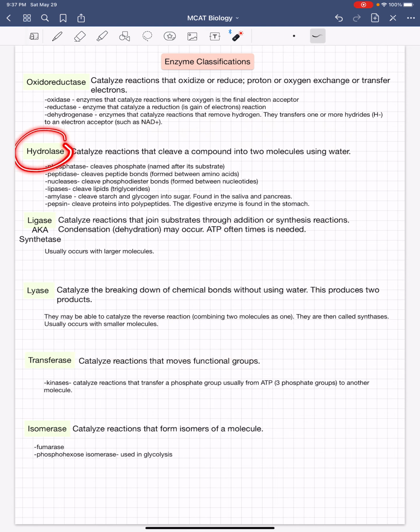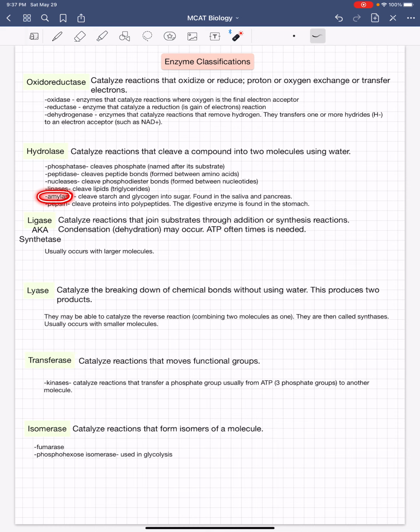Hydrolase reactions, or enzymes, use water to break a compound into 2 molecules. A few types of these enzymes are phosphatase, which cleaves phosphate, peptidase, which cleaves peptide bonds formed between amino acids, nucleases, which cleave phosphodiester bonds formed between nucleotides, lipases, which cleave lipids such as triglycerides, amylase, which cleaves starch and